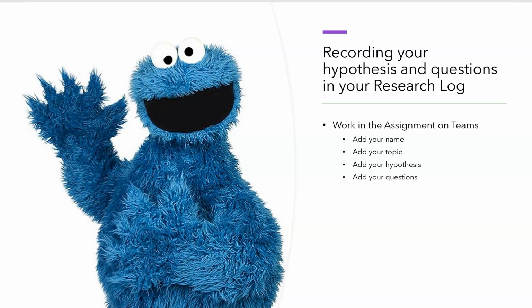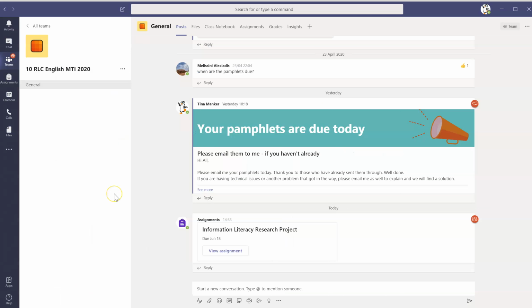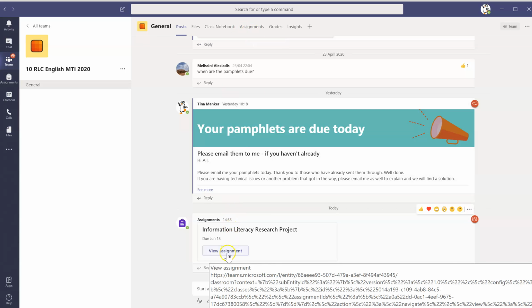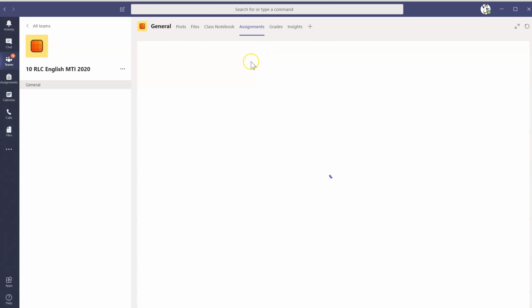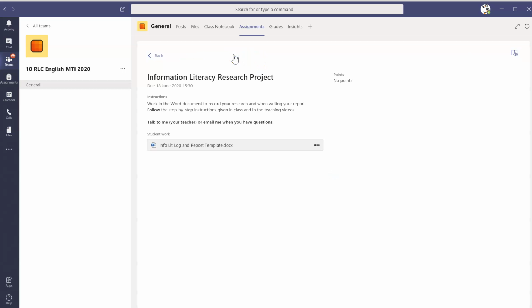In our case, we have got this on the Teams platform, and so you can see that I've created an assignment here, so you're in Teams, and then there's a new assignment here for you. If you can't see it at the bottom here, you'll be able to see it by clicking on assignments up there. So I'm just going to go new assignment. I'm just going to go into the student view, and so you should be able to see this, and you might have a button over here that says turn in, and so I'm clicking on this document here,